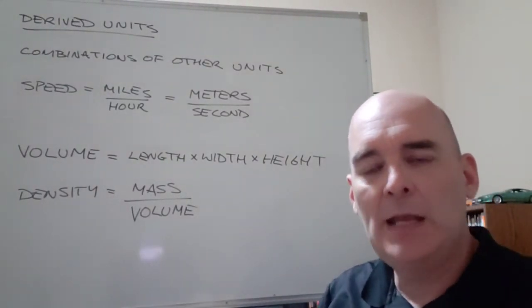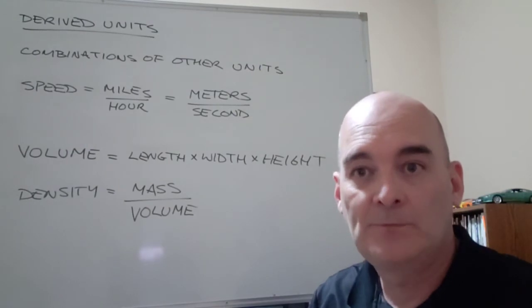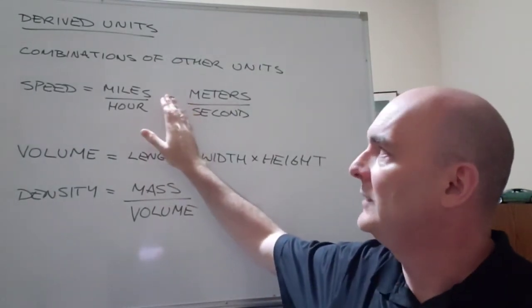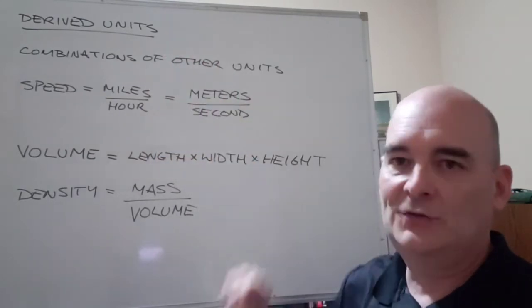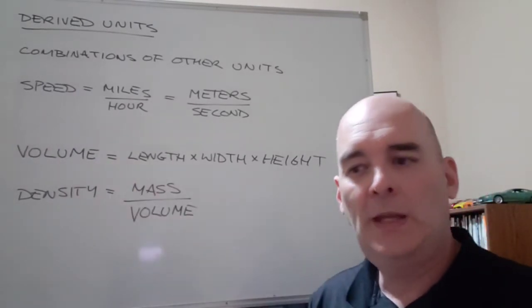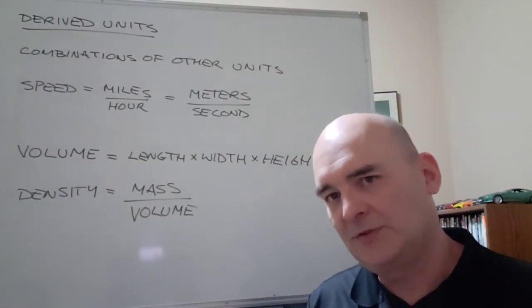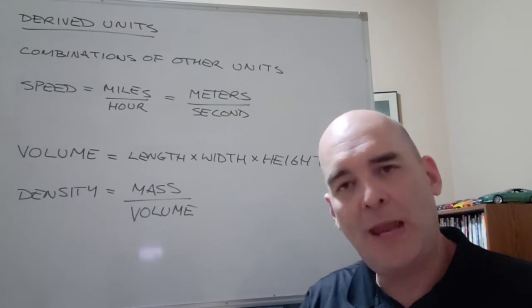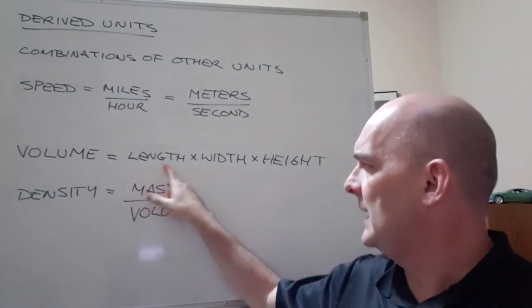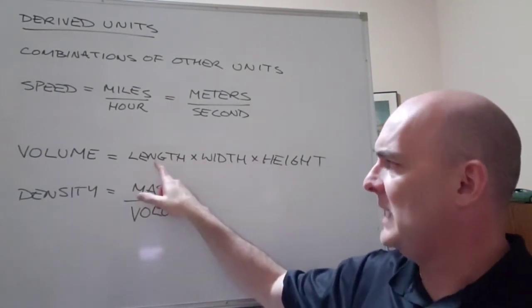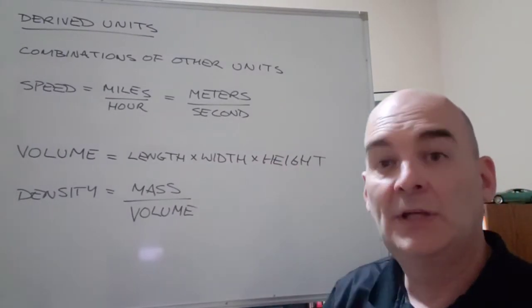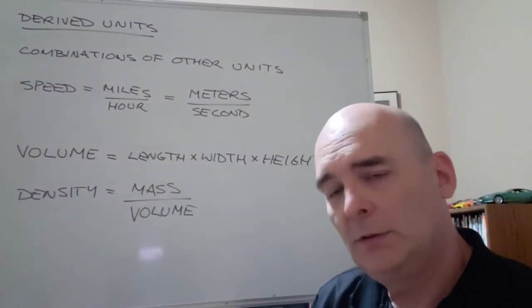Speed is an example of a rate. A rate is any number divided by time. All rates are something divided by time. And rates are combinations of other units. They are derived units. Volume. Volume is something that describes the amount of space inside a three-dimensional shape. And that shape has a length and a width and a height. And if we take the length and multiply it by the width and then multiply it by the height, then we get the volume of